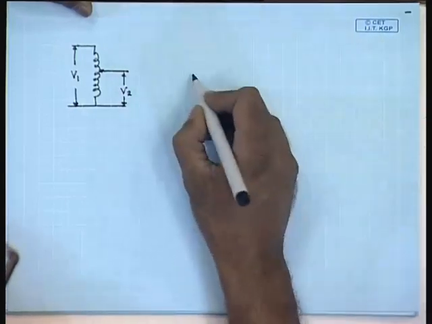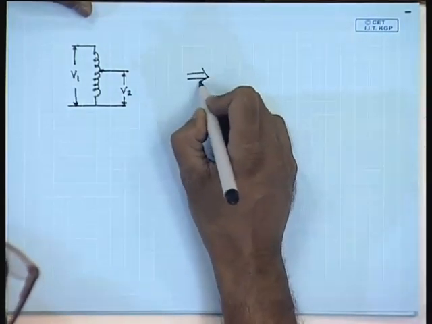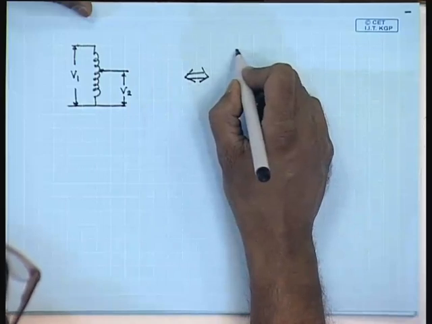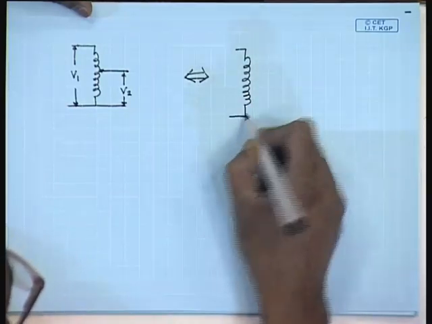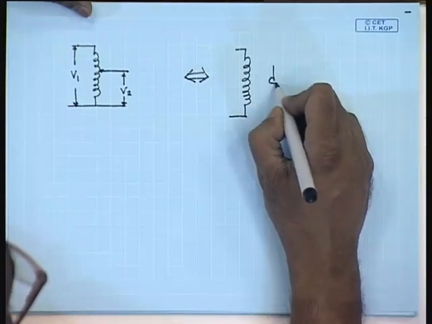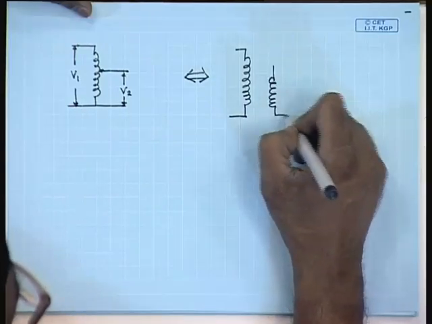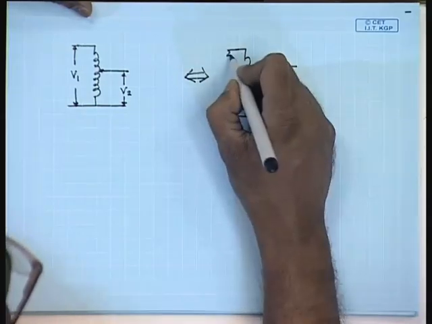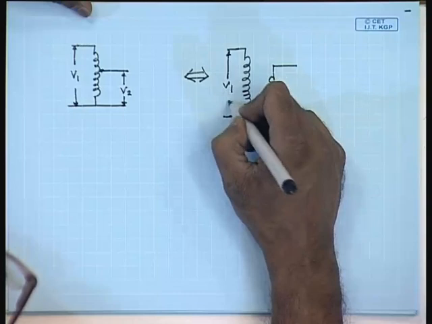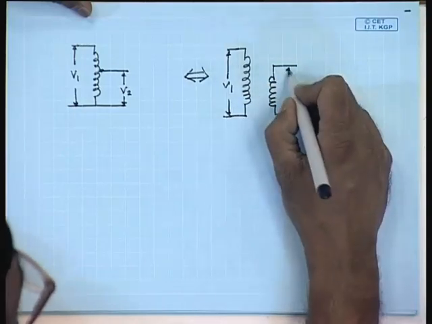And from here we arrived at the concept of a two winding transformer, saying that these two parts can be separated out, unlike a resistive potential divider. The reason being,